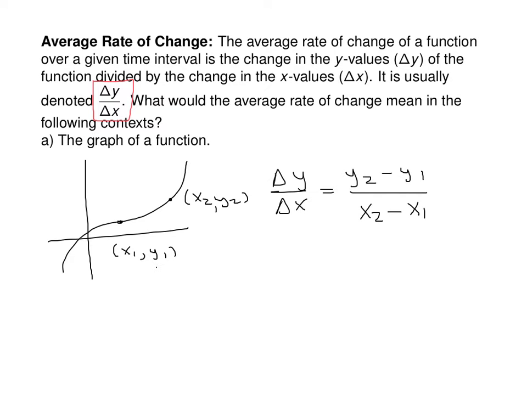And that should look awfully familiar. You've seen that a gazillion times since Algebra 1. That is the slope of what's called the secant line. And that secant line is the line going through those 2 points. All right, next,